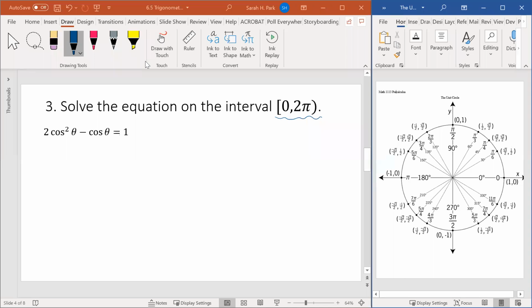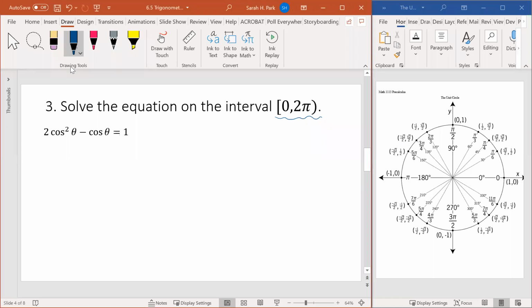Okay, so here it says 2 cosine squared theta minus cosine theta is equal to 1. This is a trig equation in quadratic form. Remember, quadratic equations are where you have like x squared, where the highest power in that equation is a 2. And when we work with quadratic equations, usually we solve by factoring. And because it's hard to factor with cosine